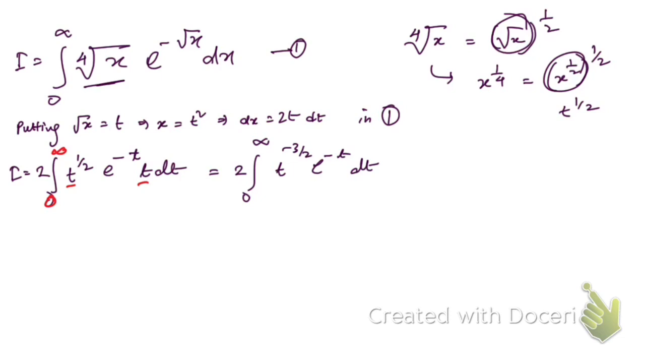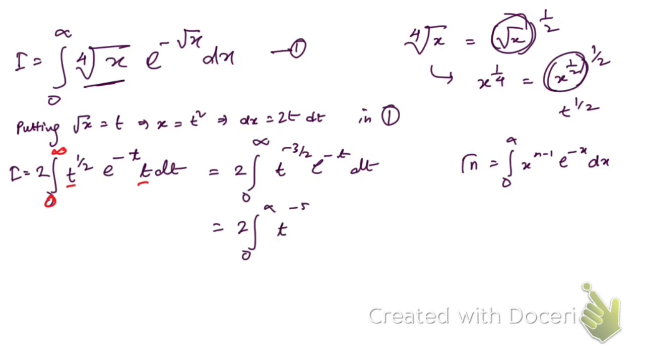So now you can see by the definition of gamma function. What is the definition of gamma function? Gamma of n is equal to integration from 0 to infinity x to the power n minus 1 e to the power minus x dx, right? That's what we get. So here 2 integration 0 to infinity, so t to the power minus 3 by 2